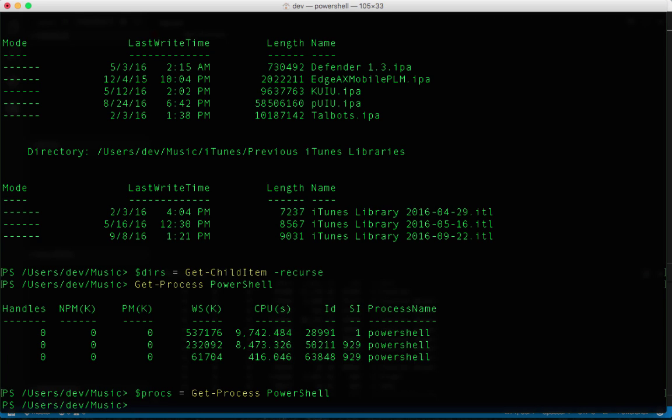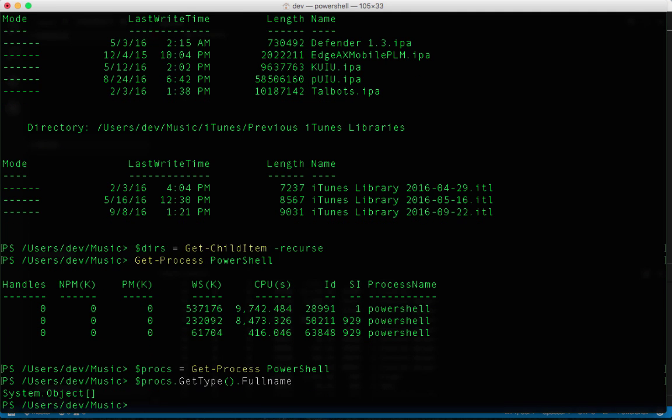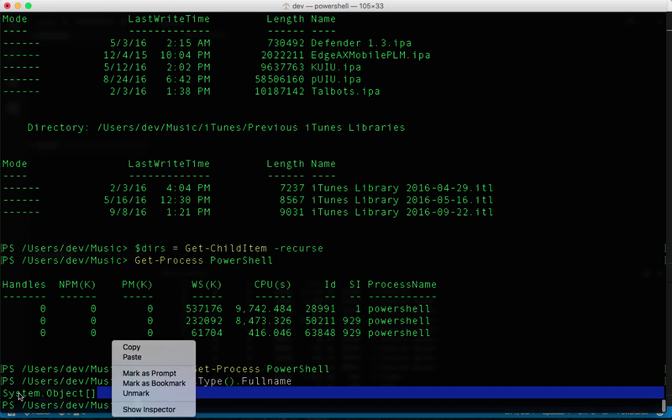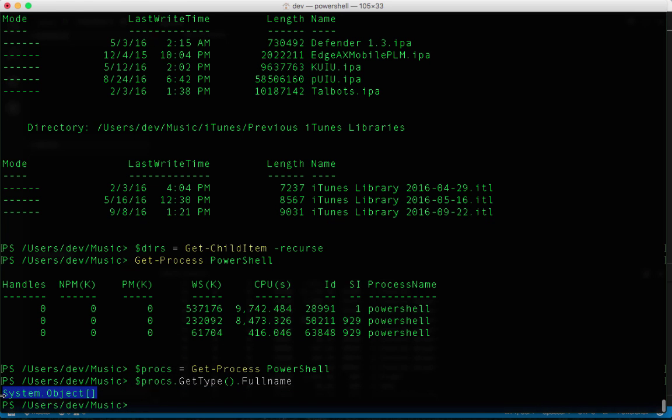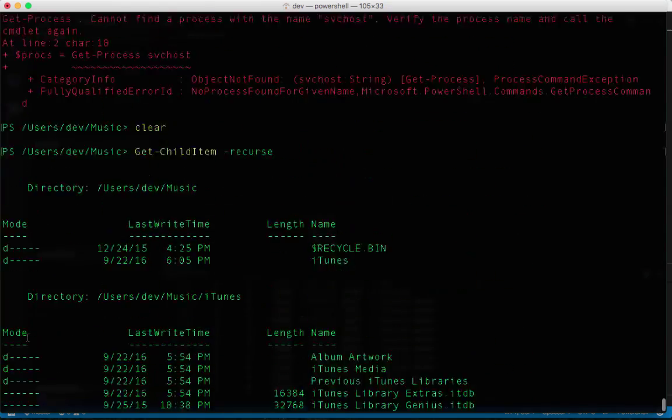Now what I'm going to do is say $procs, get the type and its full name. And if it works fine, so there you go, I'm able to see that it's System.Object. So the output is always a .NET object. Here what I would simply say is that the output we're able to see in PowerShell is always a .NET object,